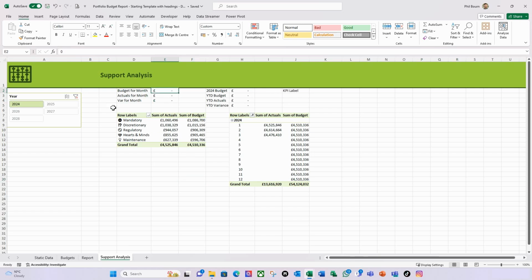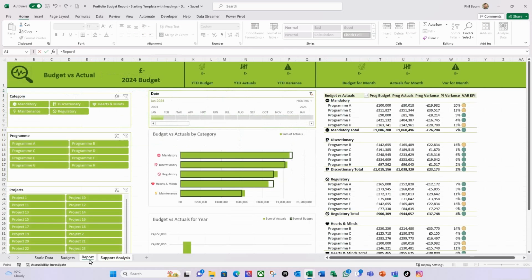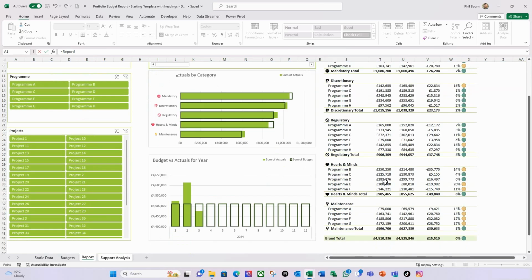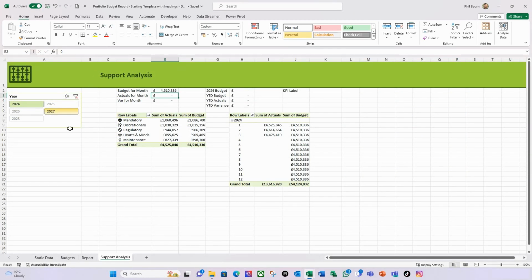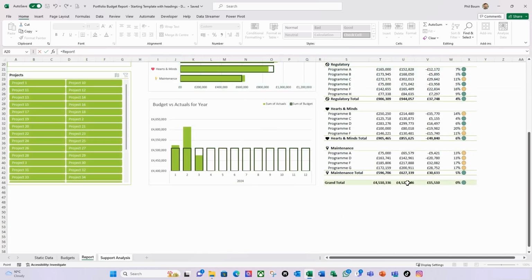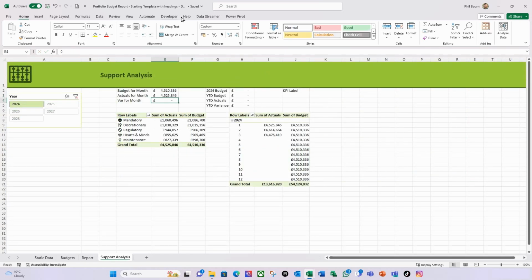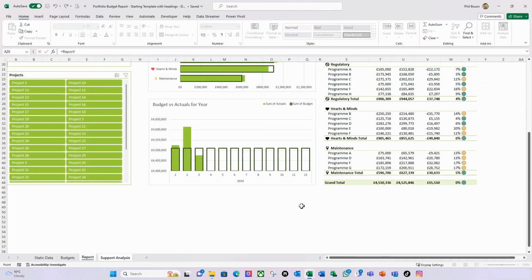So the budget for the month, we know if I do equals, go to my report, it's going to be this column here, the grand total. So I'm going to select that. I'm then going to do for the actuals, equals on the report, the actuals, grand total on that pivot. And again, it's because it's get pivot data, it will automatically and dynamically change as the pivot table changes. And again, finally, the variance for the month equals